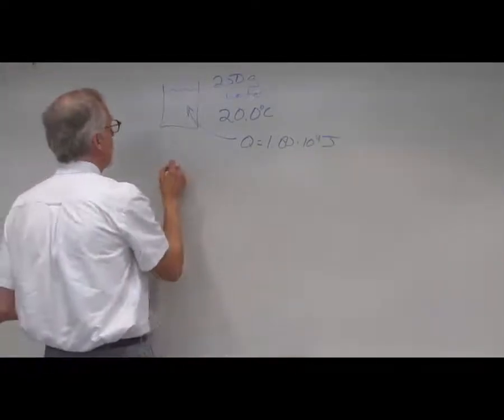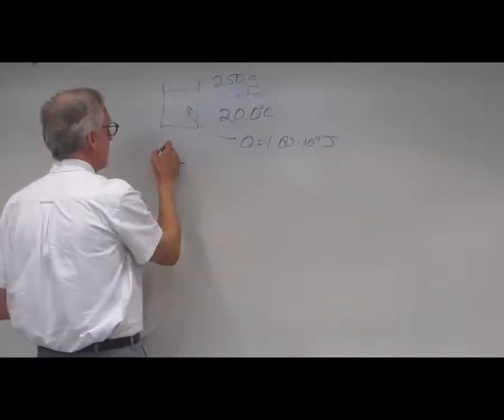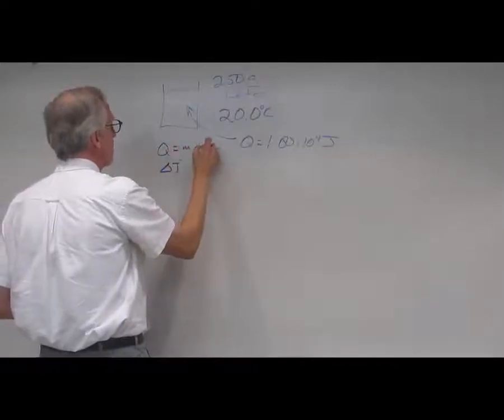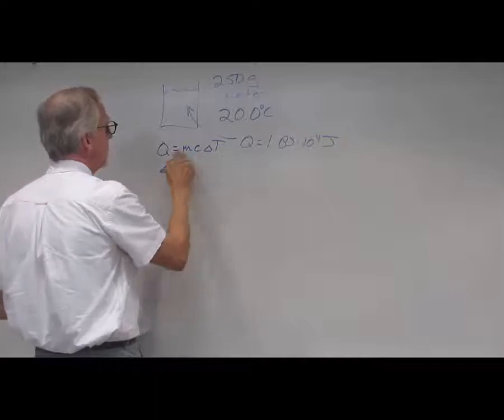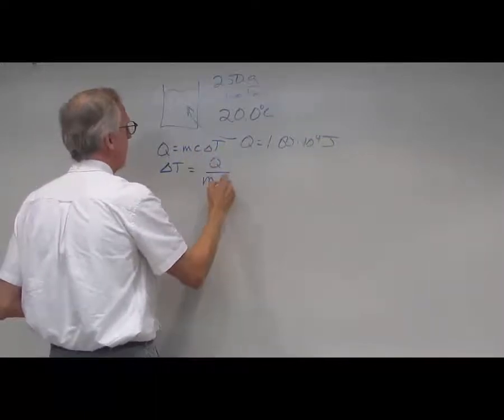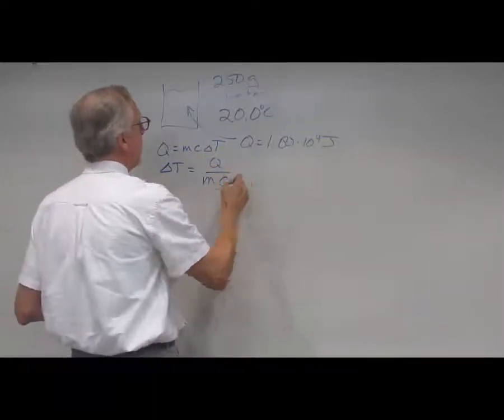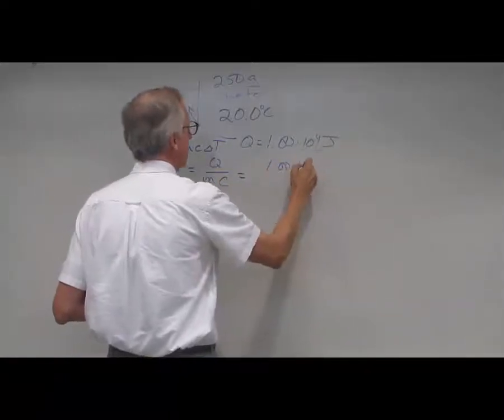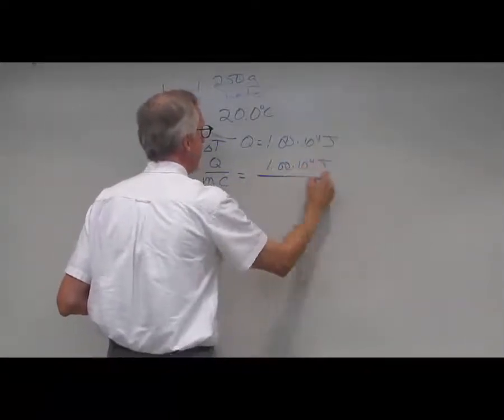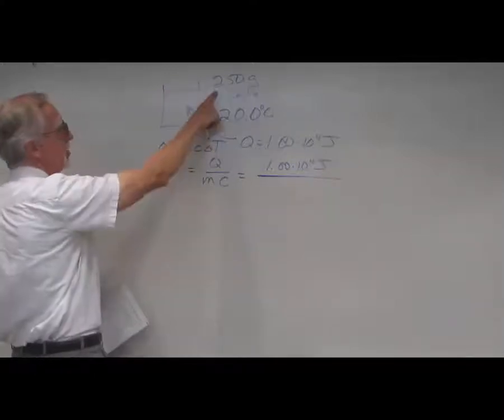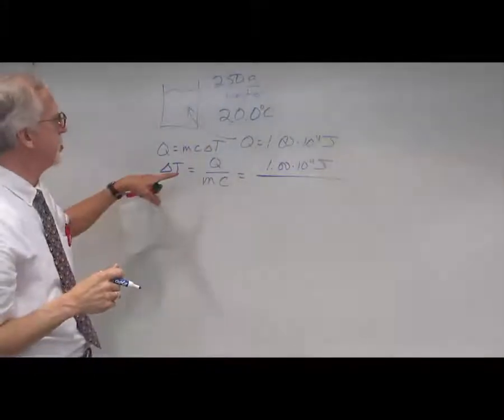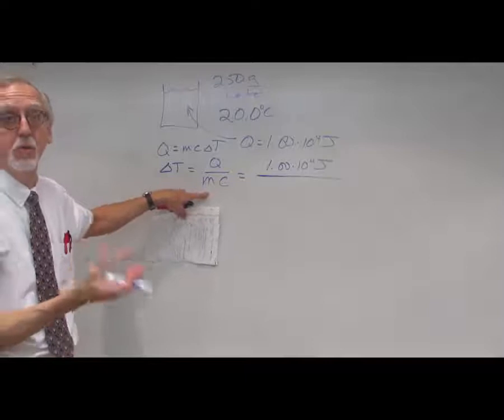Well, we know that delta T, well, let's write it first. We know Q equals mc delta T. So delta T will equal Q over mc. So Q is 1.00 times 10 to the 4th joules divided by the mass. The mass is 250 grams, but let's make sure we write it in standard SI units. So kilograms,